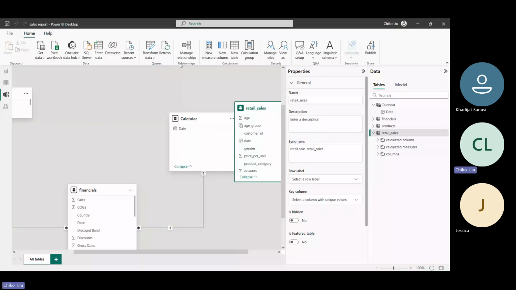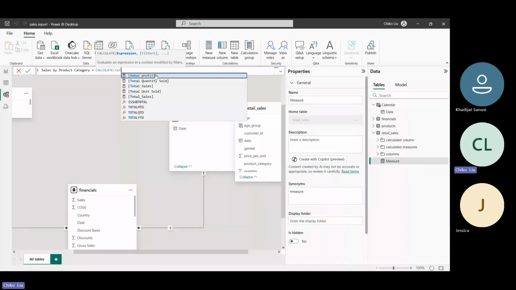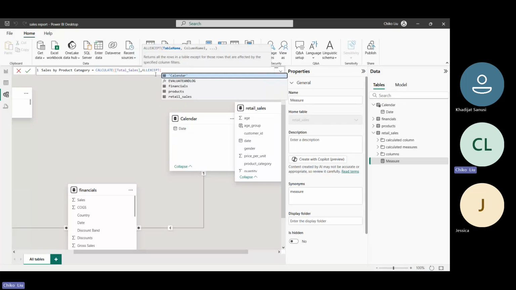So we'll do sales by product category, which is equal to, I'll now use the calculate. I will do my total sales. Where is it? Here. I don't need to do the sum again. Then I'll say all except, remove everything except,